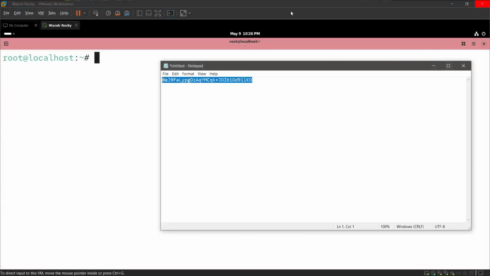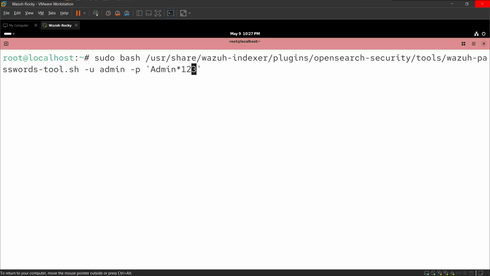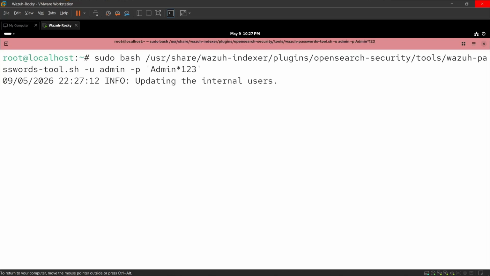Let's fix our password because it's quite lengthy. For that we need to enter a command which I have shared in the notepad. Now in this case I am setting my password admin static123. It doesn't allow me to add a sign here, so I just added the static. Let's go with this, and the user